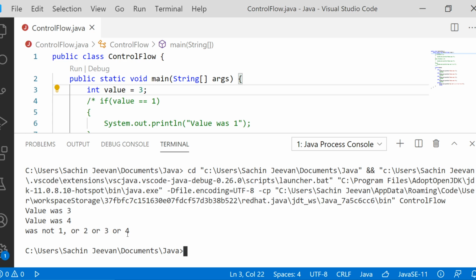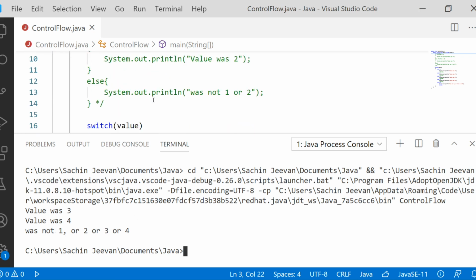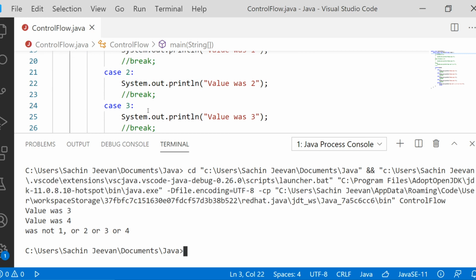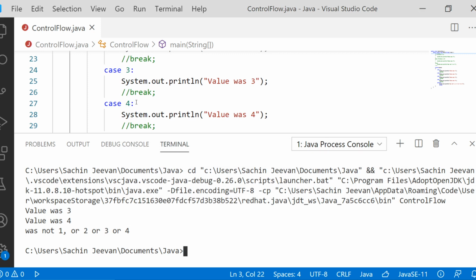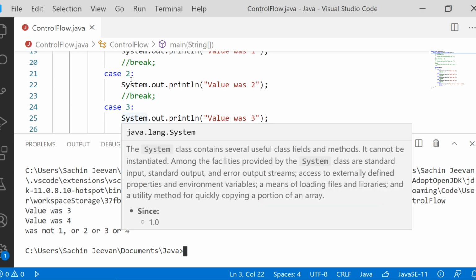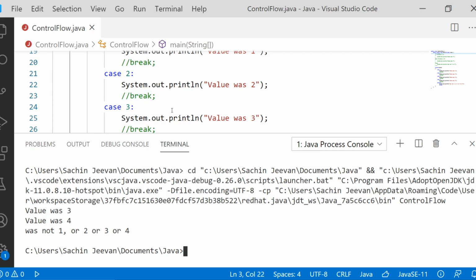not 1, 2, 3 or 4, which means whatever case is getting identified, from there only the water will be entering. If water enters from there, it will keep flowing if no break statement is available. Because when you pour water, water will go to the bottom, it will not go up in the pipeline, it will go down when you pour it from the top. So I think now you understand the importance of break.